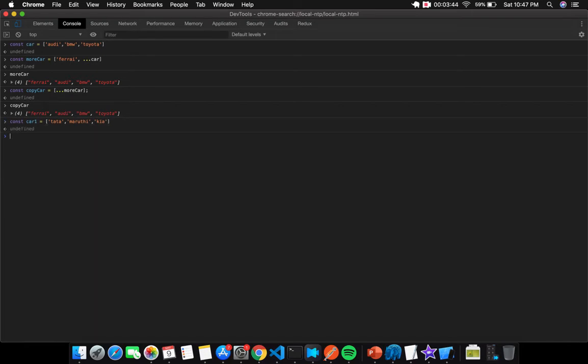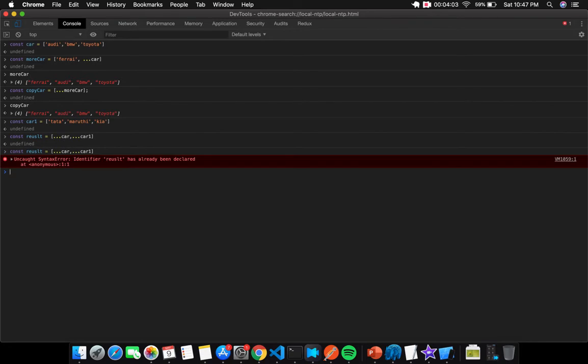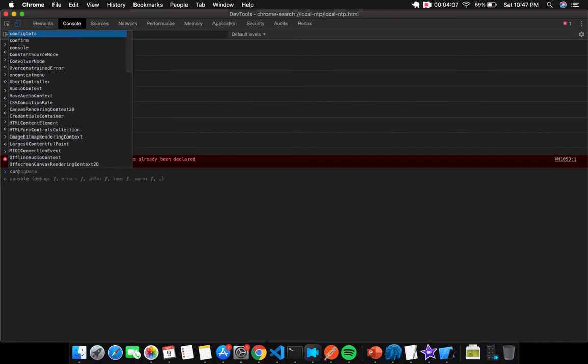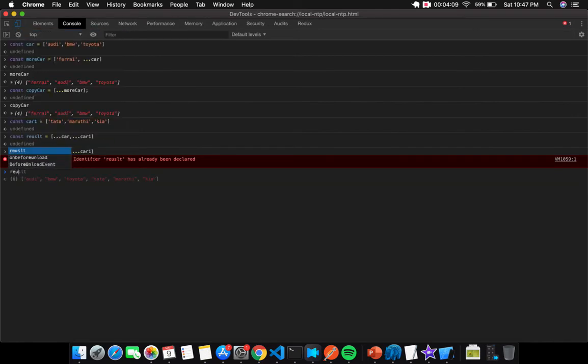What you have to do is console result, open a square bracket and spread car and car1. This is how you do concatenation. If you type the result, you can see the concatenation happen: Audi, BMW, Toyota, Tata, Maruti and Kia.